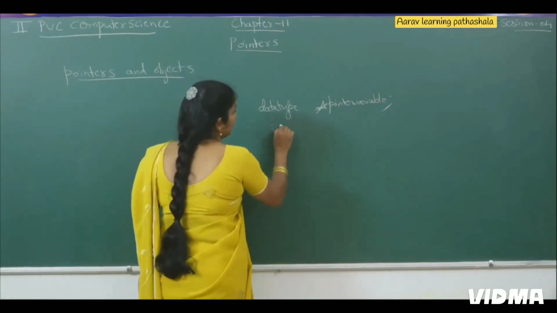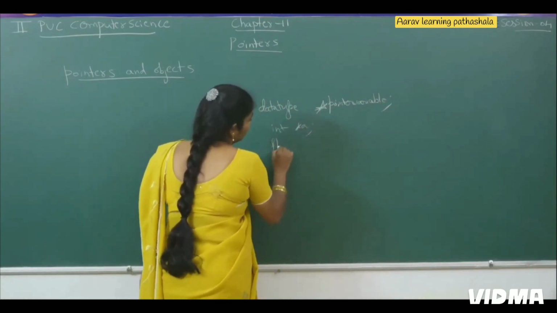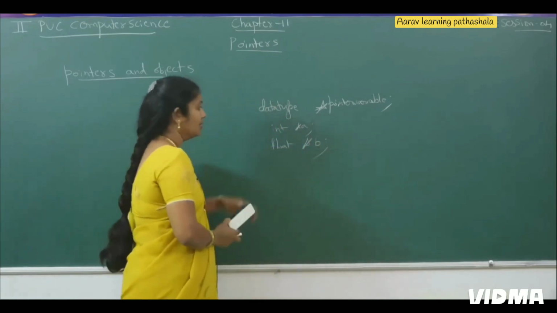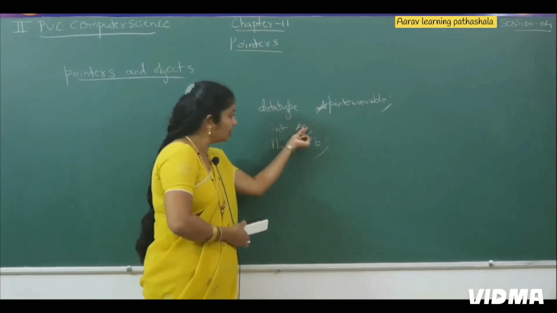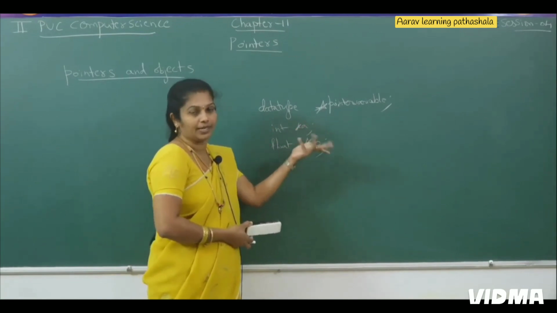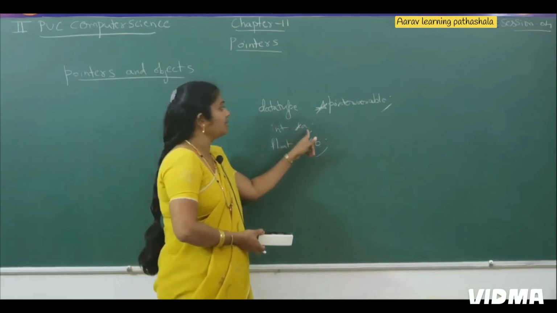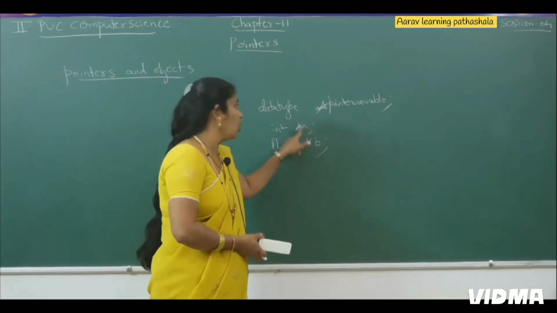For example, int star a, float star b. Now what is the difference here? Both are pointers. And how do I know it is a pointer? Because before the variable name we have the star operator. From that I came to know that it is a pointer variable. In the first case, a is a variable that stores the memory address of another variable of type